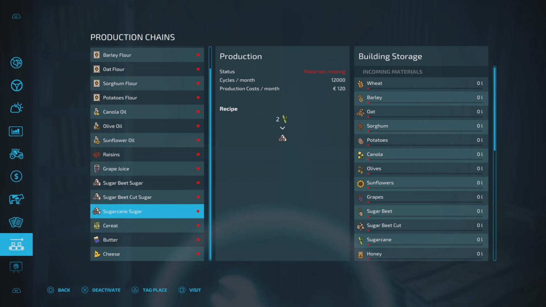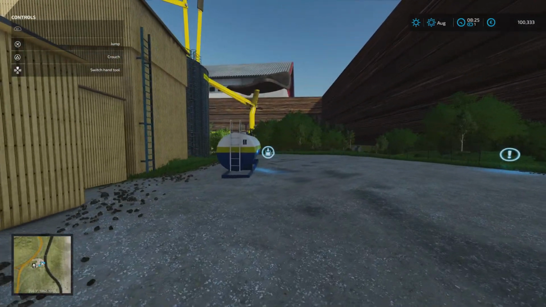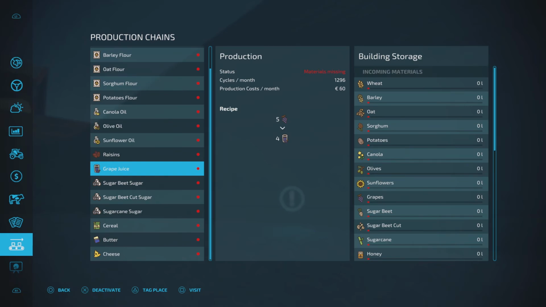Oh, I mean that's still a fair amount of stuff, isn't it? Because we've got the dairy over there as well, we've got the spinnery and all those kind of things. So it does a whole ton of stuff in here. In this grain mill, I said there's a fuel point just there, and then the last rent train point just here. If we go back to the map,